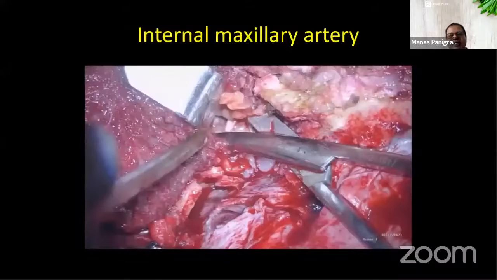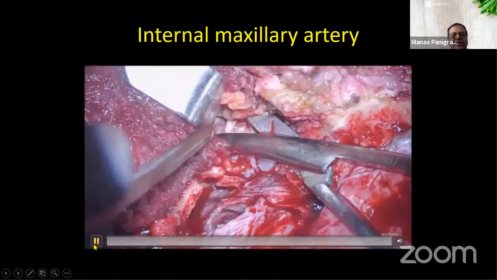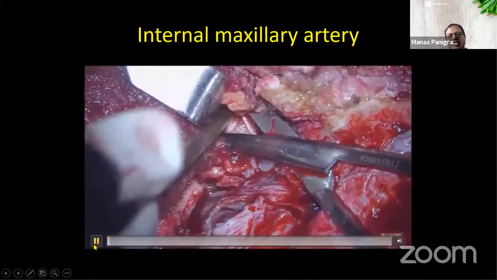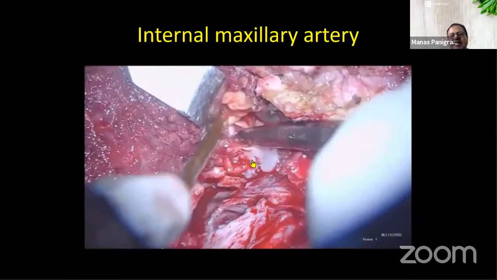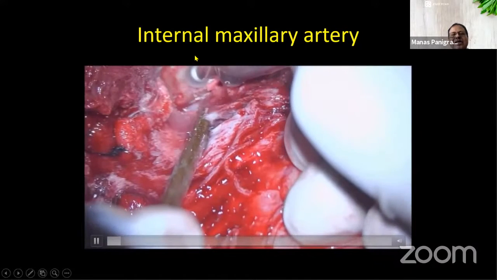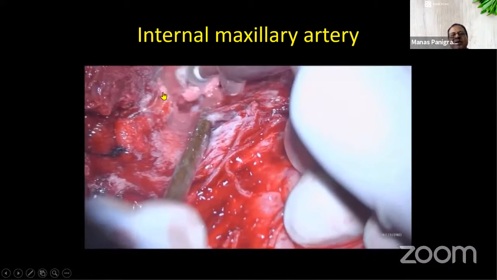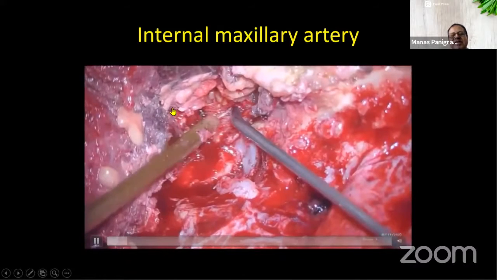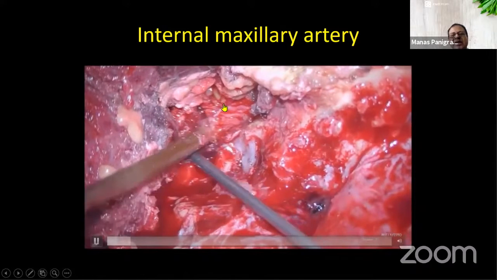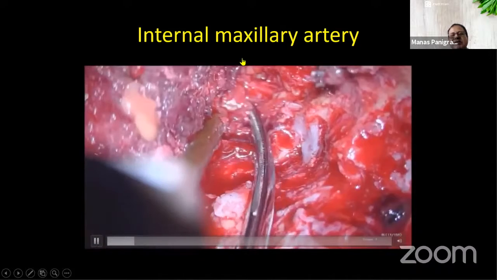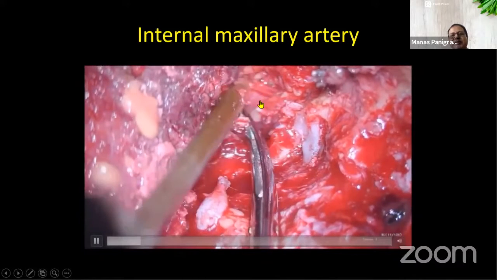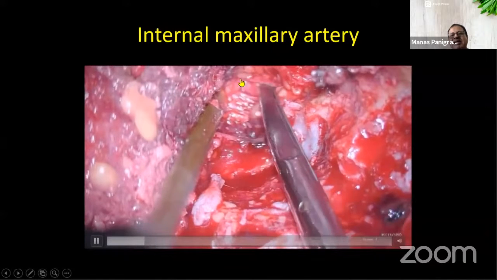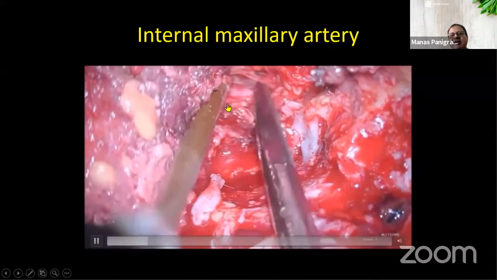Now, if you don't have the middle meningeal and the STA is already damaged, one can also explore the middle cranial fossa, the infratemporal fossa, identify the maxillary nerve, and follow that. The incision is the same; the only thing is one has to take out the zygomatic arch, drill the middle cranial fossa, expose the pterygomaxillary fissure, and identify the internal maxillary artery here in the pterygomaxillary fissure.